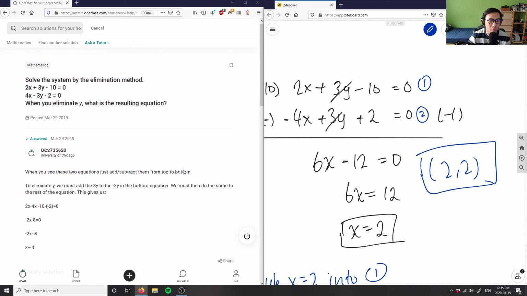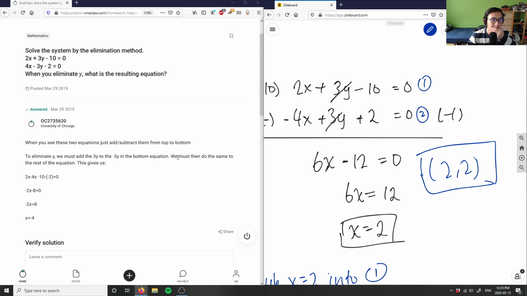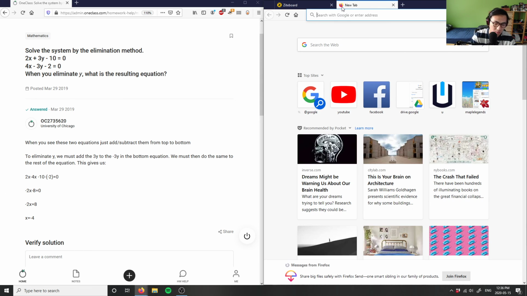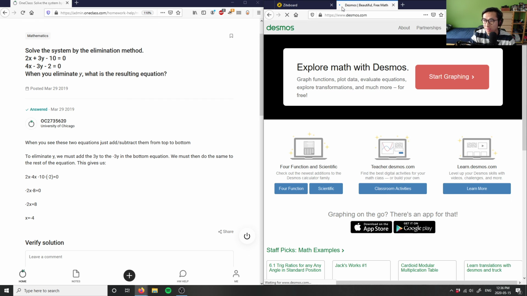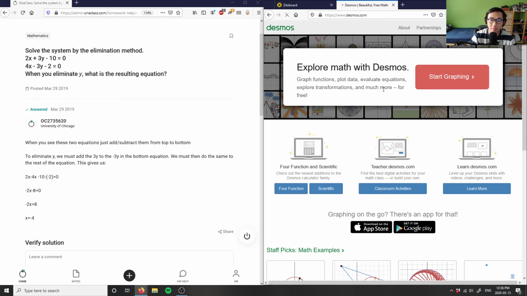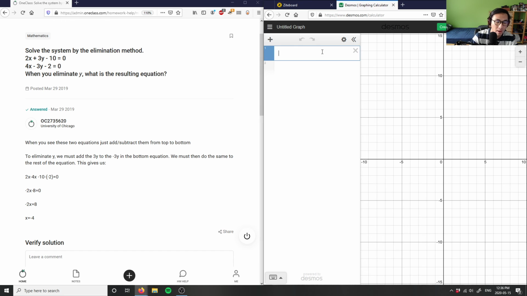So this here again, I multiplied here by -1, so I got rid of this negative number here. I'm just gonna see if x equals -4 is indeed a solution, because again, in systems of linear equations, you can actually have an infinite amount of solutions here. So I believe that this here is actually